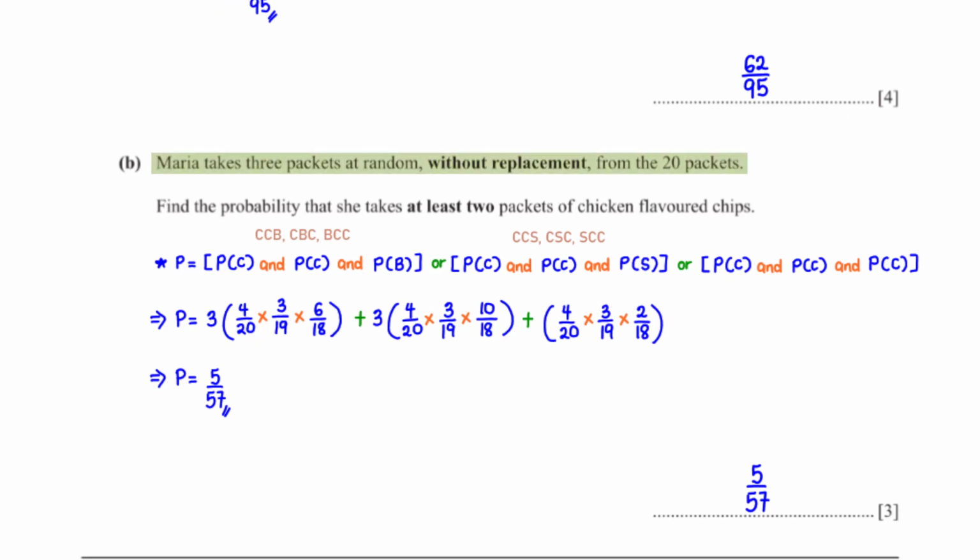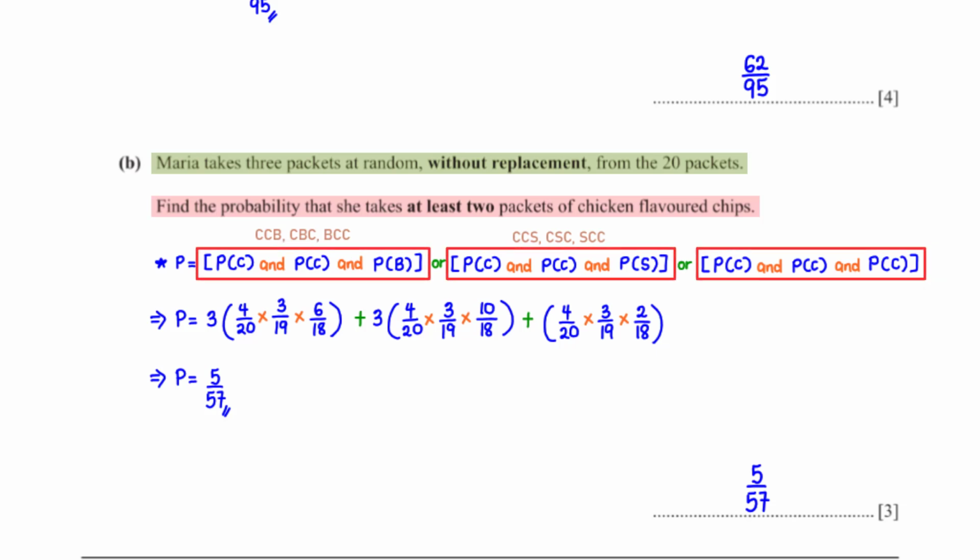Maria takes 3 packets at random without replacement from the 20 packets. Find the probability that she takes at least 2 packets of chicken-flavored chips. There are 3 possible scenarios in this case. The probability that she picks 2 packets of chicken-flavored chips and a packet of barbecue-flavored chips, or the probability that she picks 2 packets of chicken-flavored chips and a packet of salt-flavored chips, or the probability that she picks 3